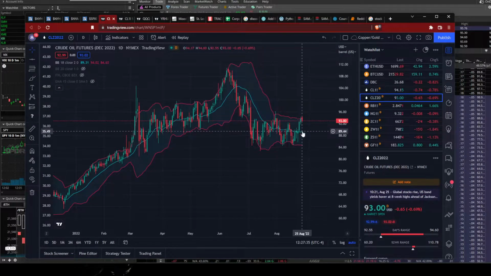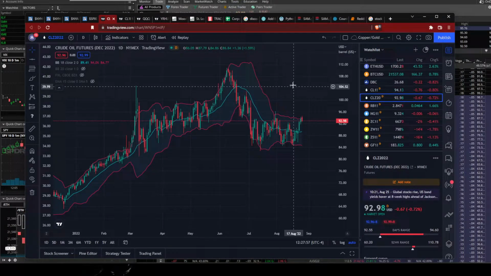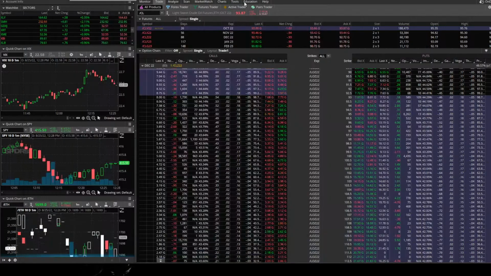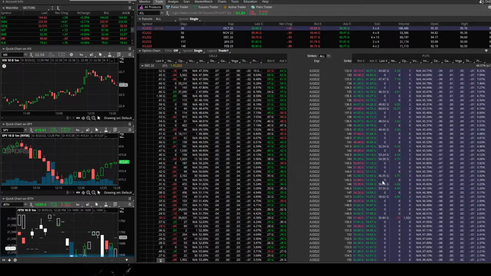When we hit that and we make that higher low on that 18-day moving average at 90, I'm going to go long with call spreads on the December oil contract, and then I'm going to take profit at around 99 or 100 or so, and then when it gets to the 105, 107 zone, I'm going to be buying puts for the downside. Okay, so two ways. We're going to play it both ways. And again, that's all supported by the options positioning in the December contract, which has the overwhelming money.